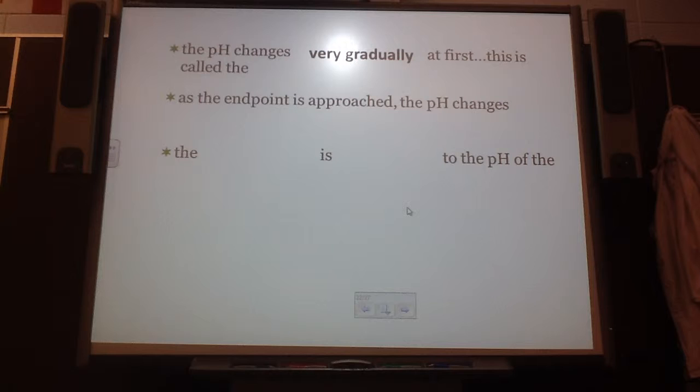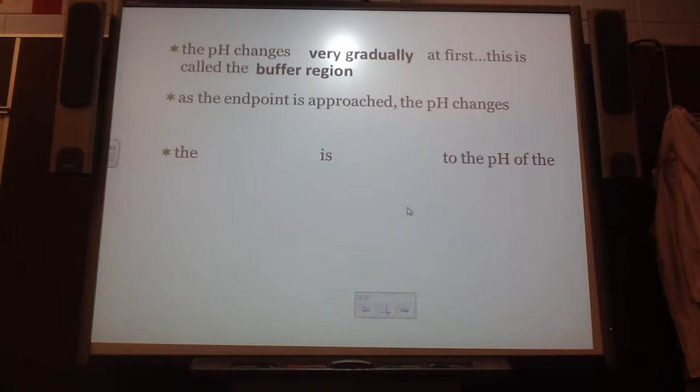So the pH changes very gradually at first. Think about it almost like how quickly the indicator changes, like when we dropped the base in yesterday. You drop it in, and the pink would go away really quickly. So it's like the pH didn't really change that much. But the closer we got to the equivalence point, it took longer. Okay, so this initial part where the pH doesn't change very much, and it doesn't take very long for the indicator to change color,